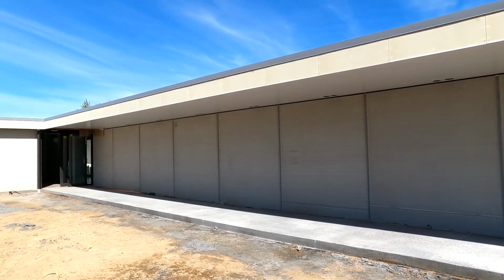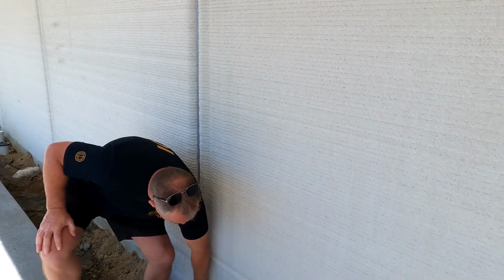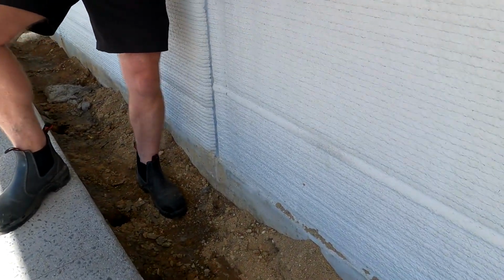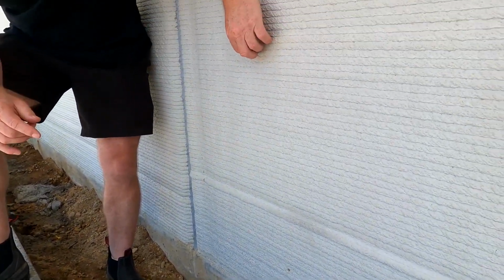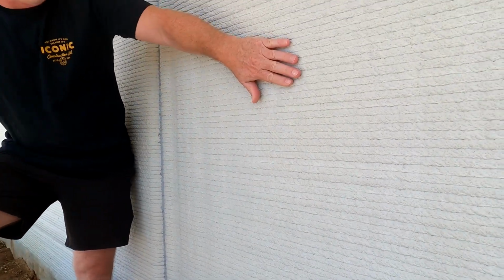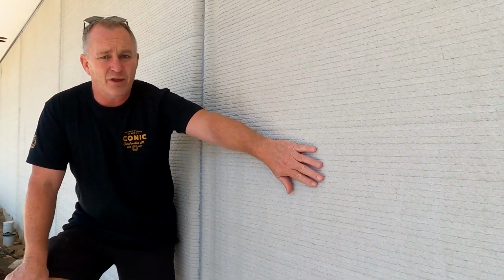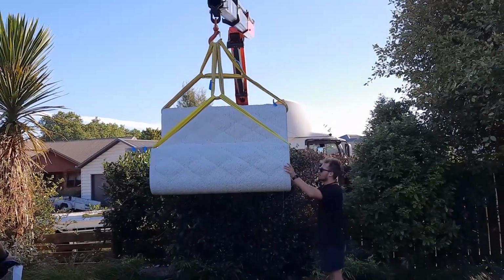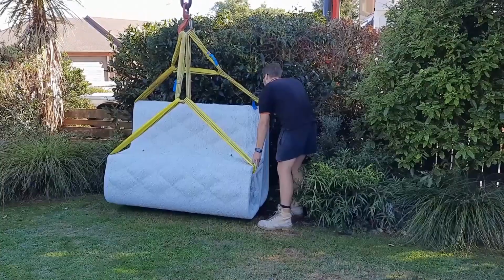So as an example, this is done in a factory. You can see it's done here, so it just sits onto the foundation. The layers are poured on top of each other, and they're about, I don't know, 10 or 12 mils each layer. This wall would get printed in about 30-35 minutes from the bottom to the full height, and then it's just wheeled out of the way and another trolley's moved into place to be able to start printing